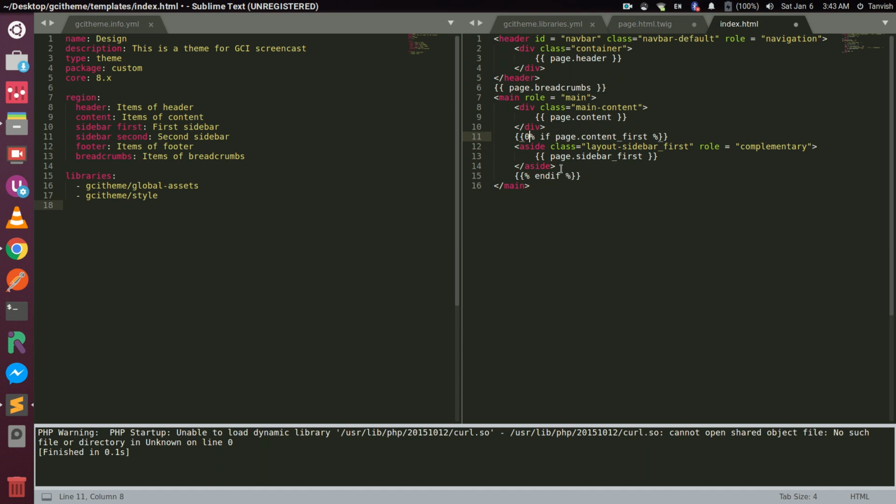Make sure to remove the spaces from the ends of the percentages. So we have our if page.content_first, then do this, and otherwise end it. Let's get another one for the second sidebar. So if page.content, okay, if page.content_second percentage, then